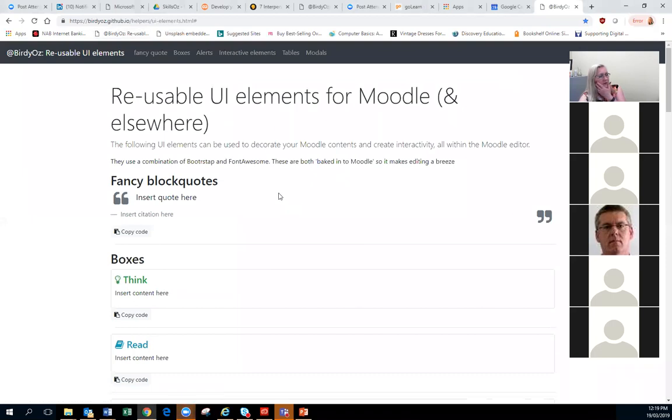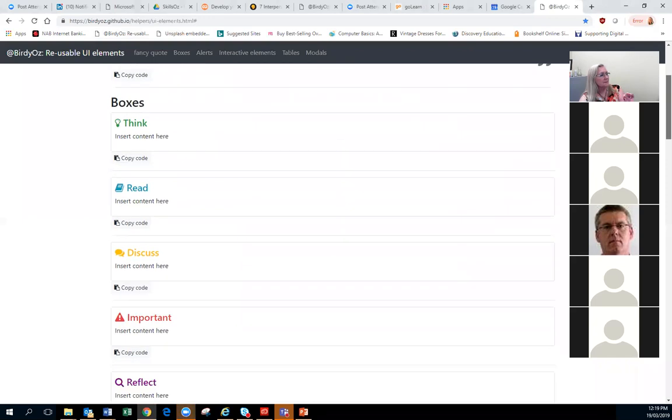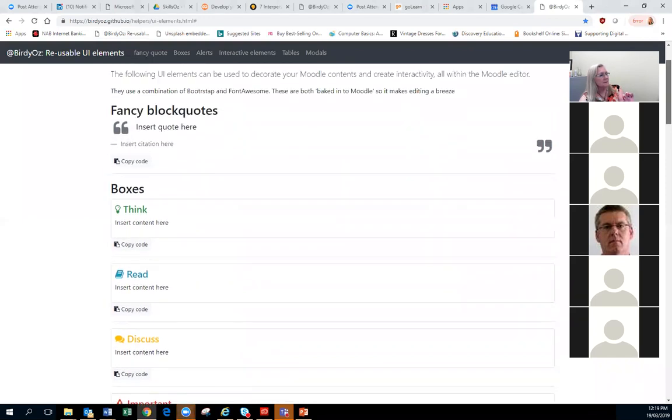We have these reusable things we can use. So, for instance, if I want a think box, we have this consistent, because we've got 8 people developing content in Moodle, so we want some consistency between the different units.